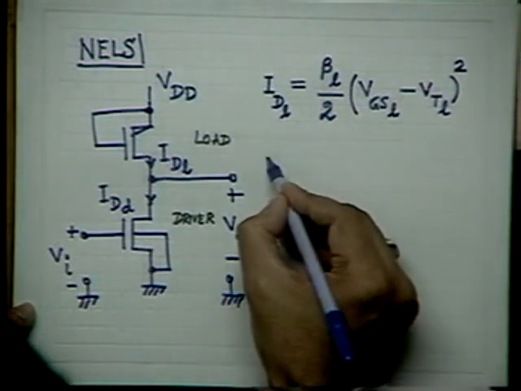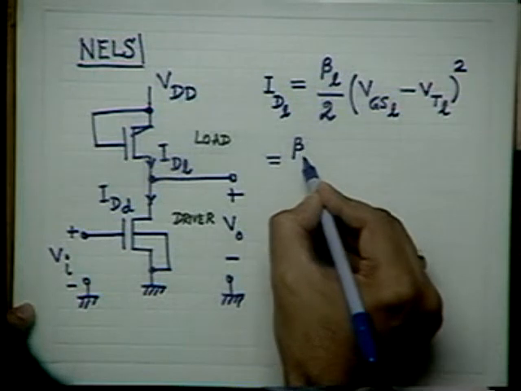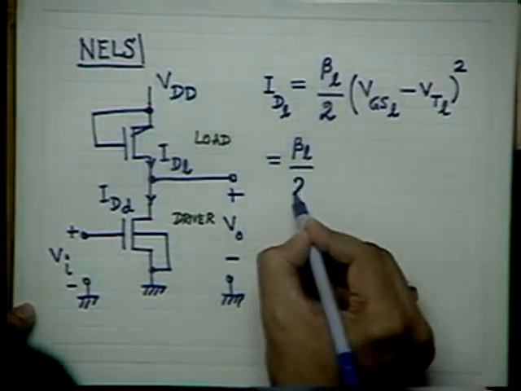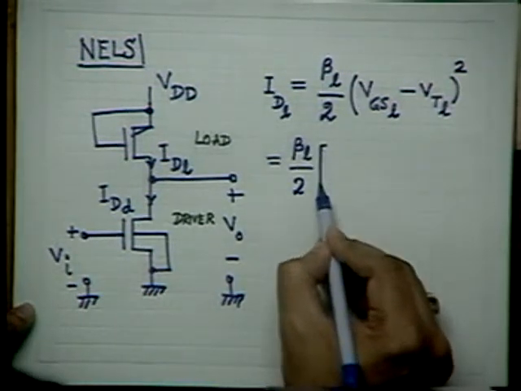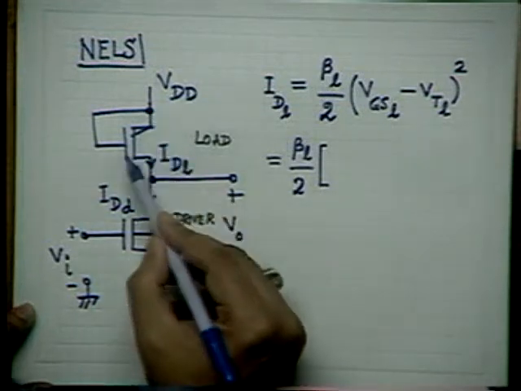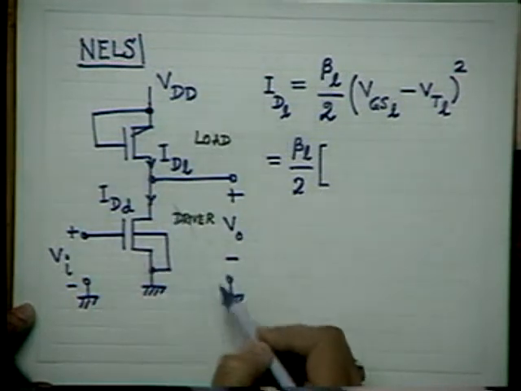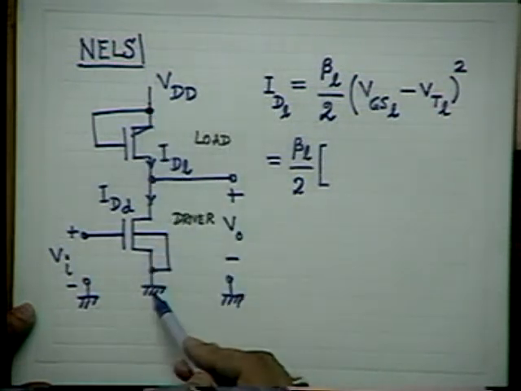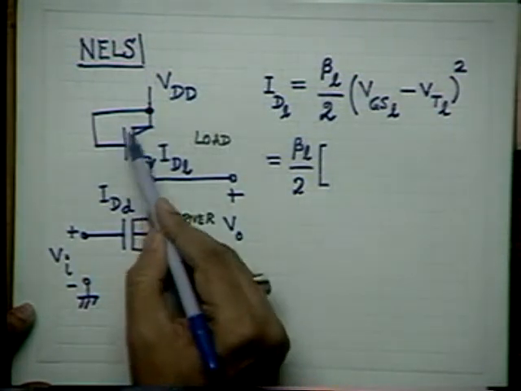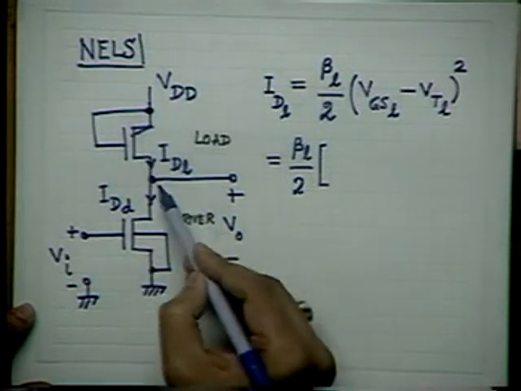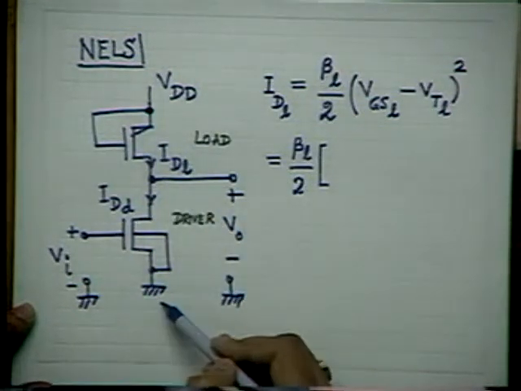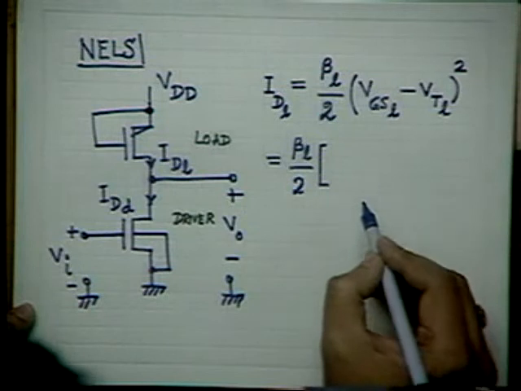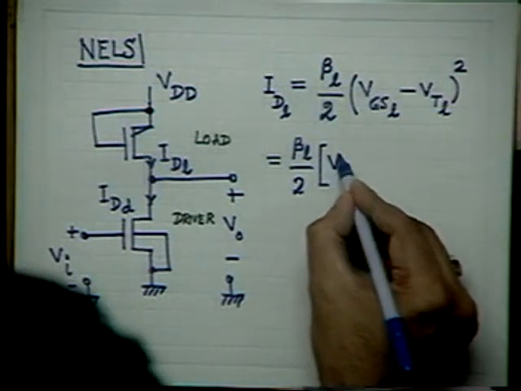And this can be written as beta L by 2. And what is VGSL? It is simply VDD minus VO. According to this voltage, here with respect to ground is VDD. So gate and drain voltage is the same. And at this point, the voltage is VO with respect to ground. So VGSL is nothing but simply VDD